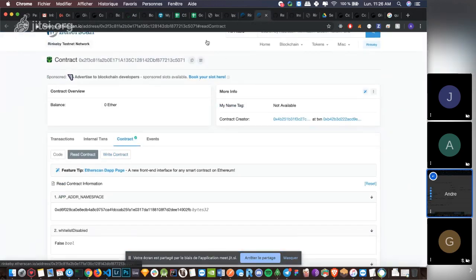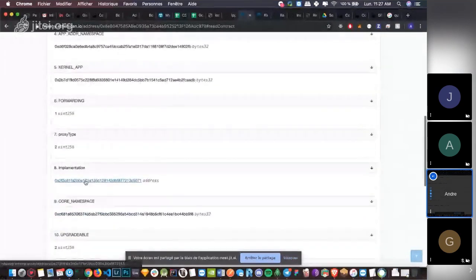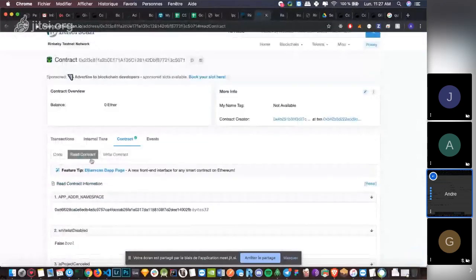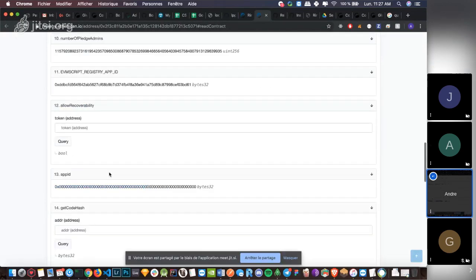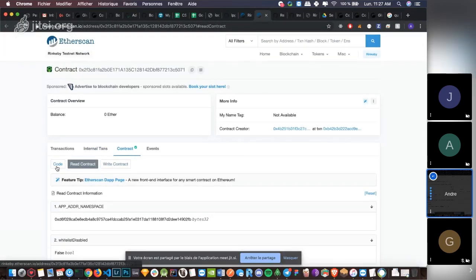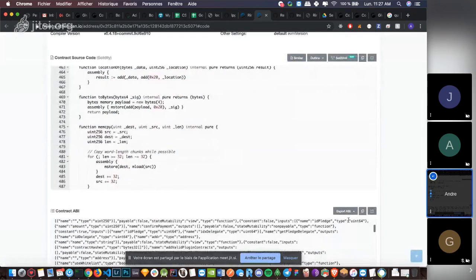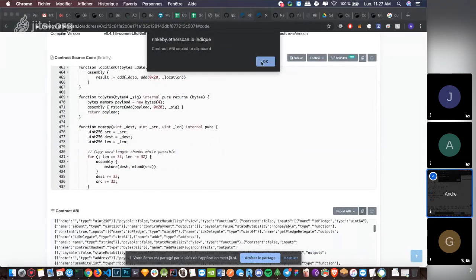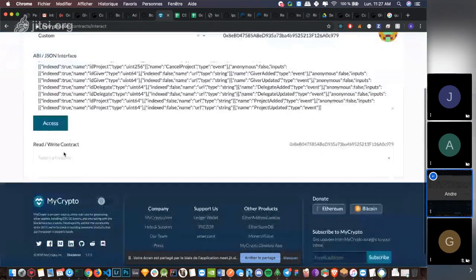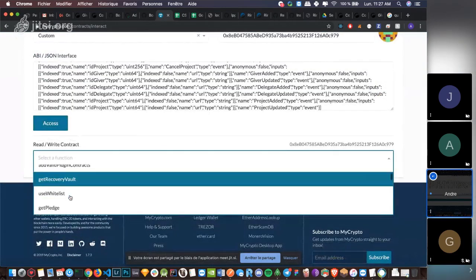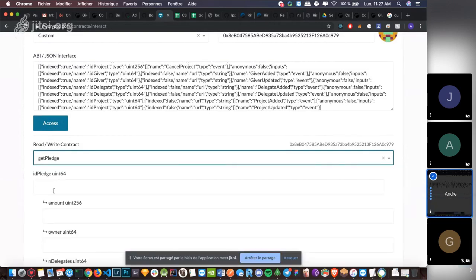and on the implementation, if you go here on the liquid pledging and scroll down, you're gonna see the implementation. What we need is the ABI. So here's the ABI. You just copy, go back to my crypto, paste it, and scroll down on the read contract, get pledge,